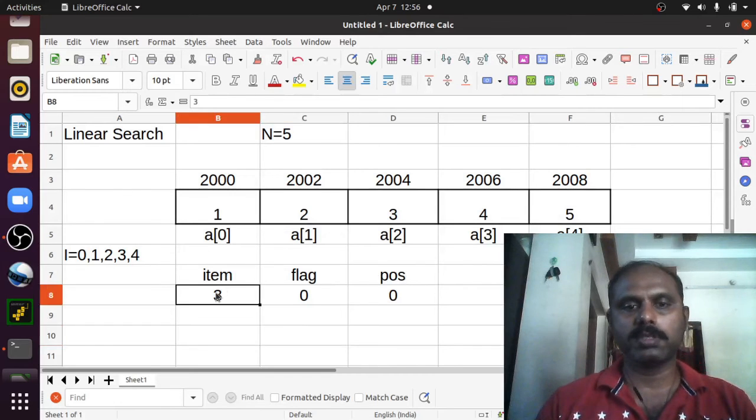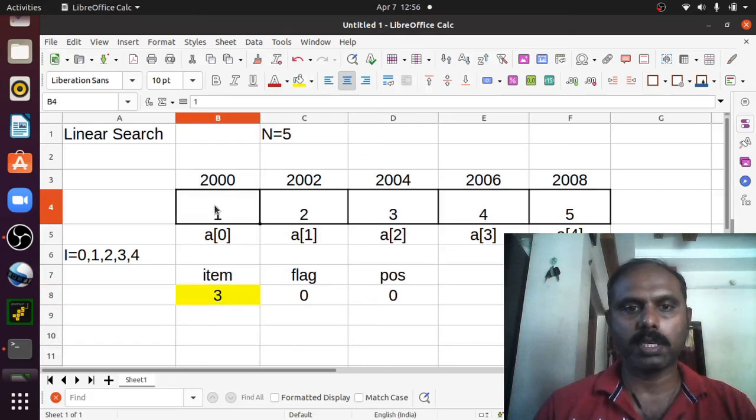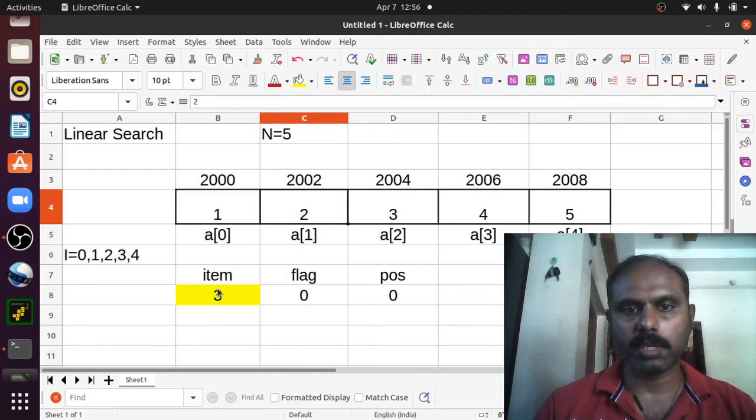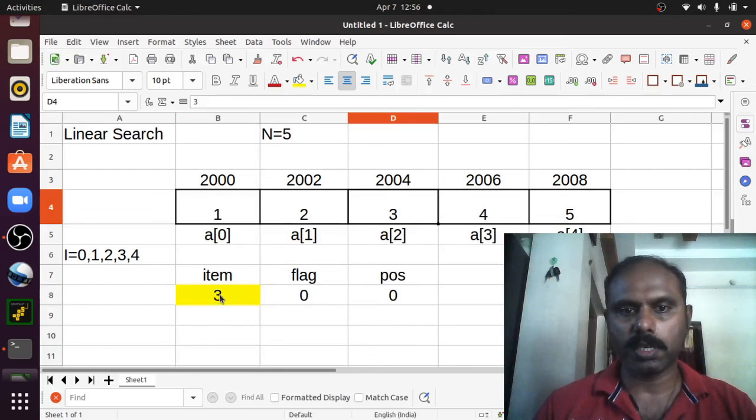Now I will check whether this item is present over here. No, so i will be incremented by 1, so i will become 1. Is this item present over here? No. Is this item present over here? Yes. So your search is successful.